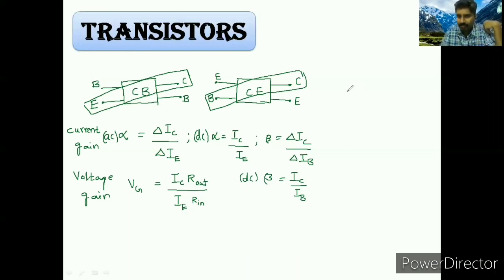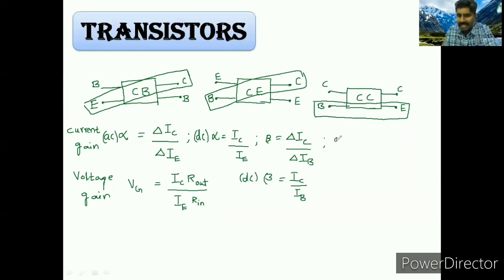Now we'll come to the common collector configuration, CC I will write. One C you can write one side, another C, other side. The remaining base is there, you can put here. Emitter is there. Why I am taking these two, because already C is over. Now slanting lines over in a triangle. Now the remaining base is there, I will take the base at the top.